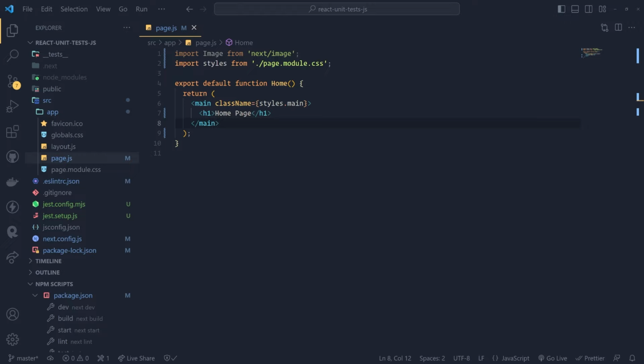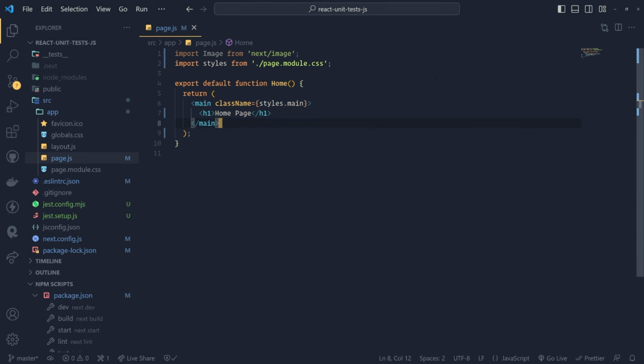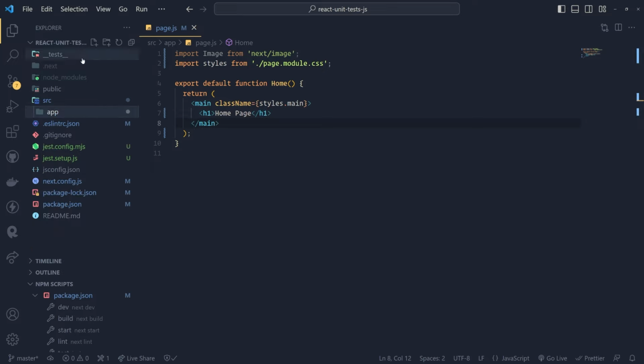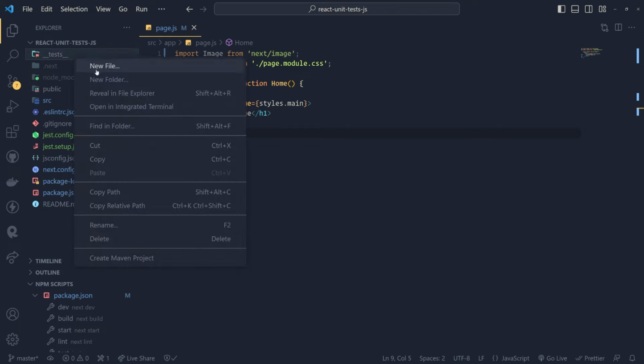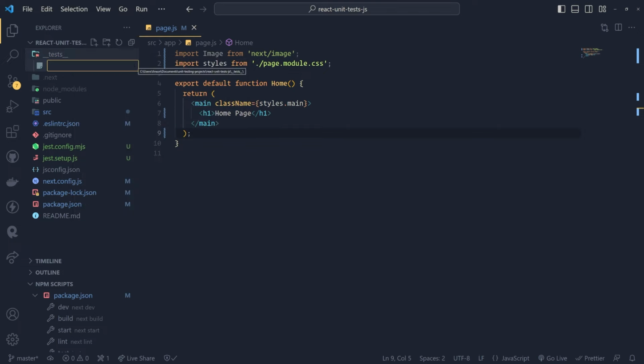Okay, so for example, what the user sees. Well, the user should see the homepage text. So what we could do is we can write a simple test to verify that that homepage text is actually in the document. So let's write our first test. So earlier I created this __tests__ folder. And inside this folder, what I'll do is I will create a new file and I'll just call this